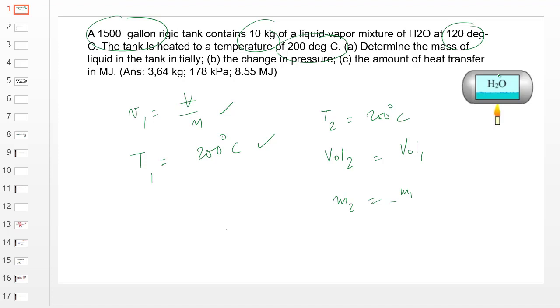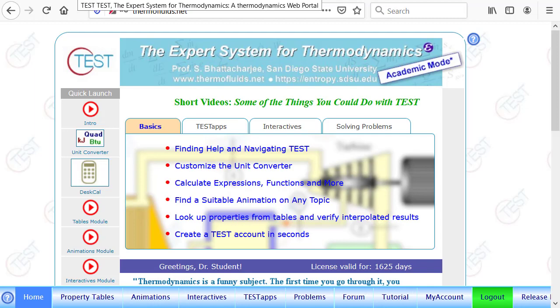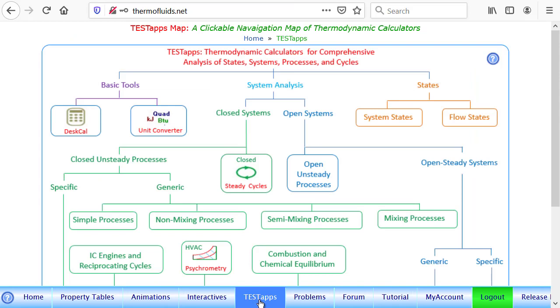So this is the fundamentals that once you know, therefore these two will give us specific volume. So we know two thermodynamic properties of the final state. Therefore, we can calculate the state. Now let's launch an app with which you can solve this problem. I have already logged in as a student, test apps, and we'll go,